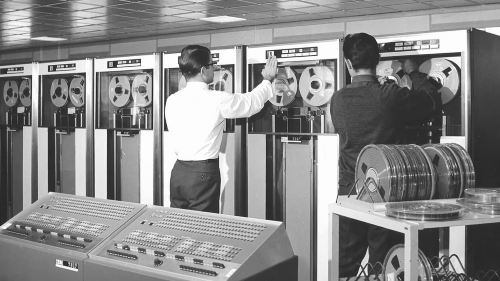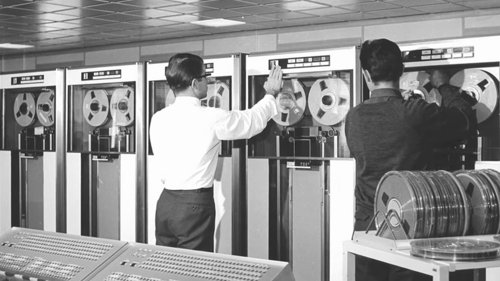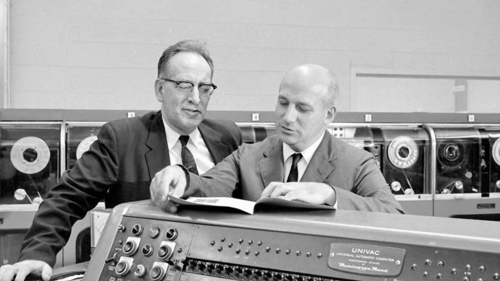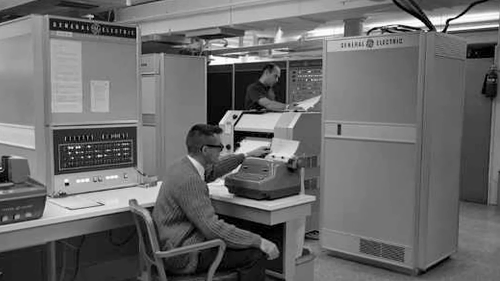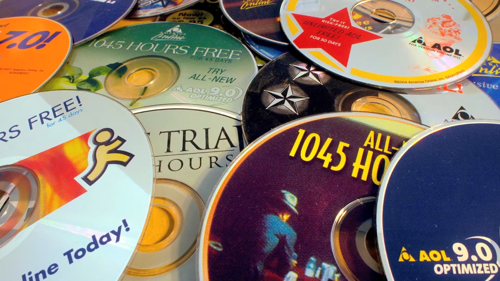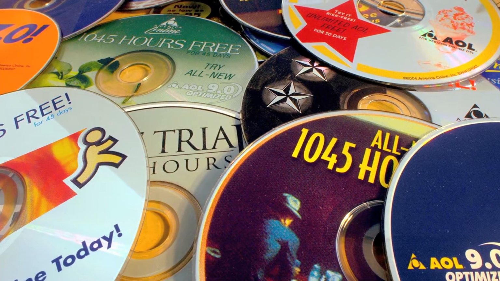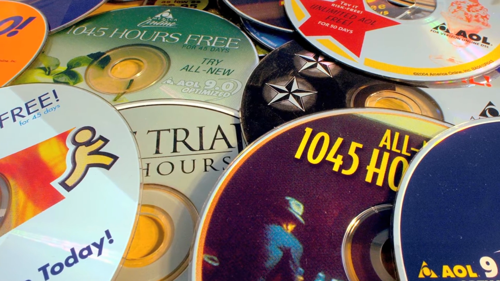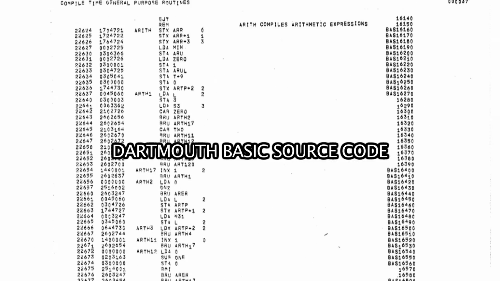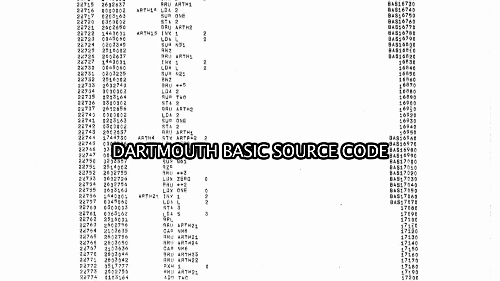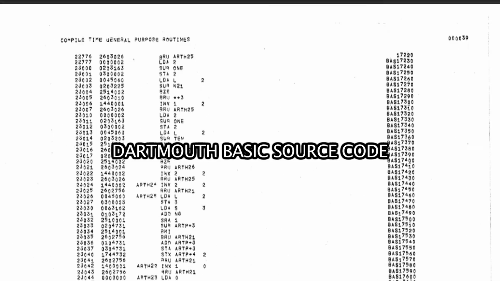Because of the tech presence there, a new program was introduced in 1963 to provide computer access to classrooms across the state. The program began by connecting to a General Electric computer at Dartmouth College via the phone lines. Connecting computers via the phone lines, I wonder if that idea would stick around. The purpose was to have the opportunity to use what would eventually be basic programming language. At the time, it was simply referred to as Dartmouth Basic.